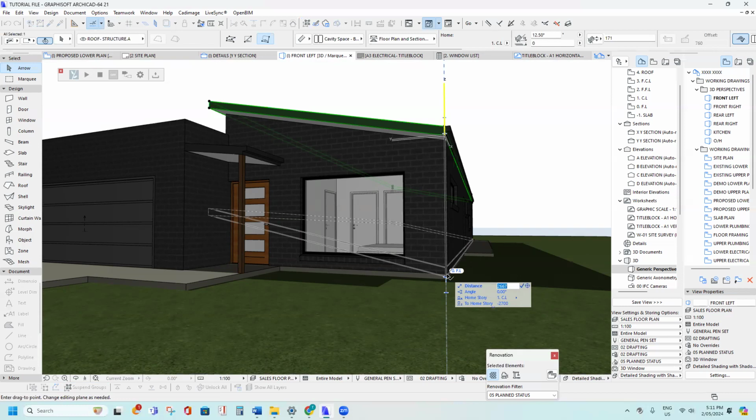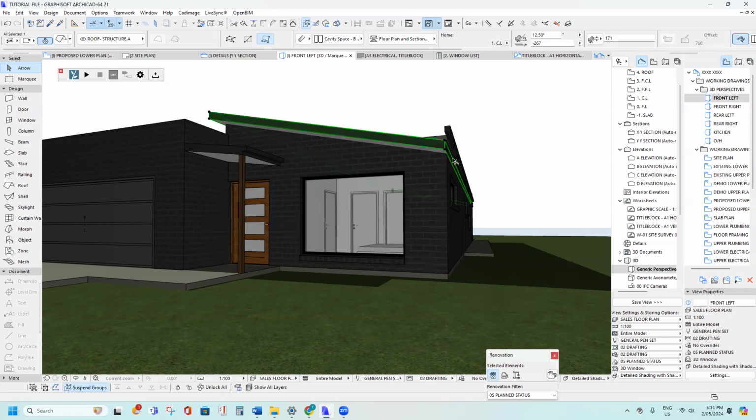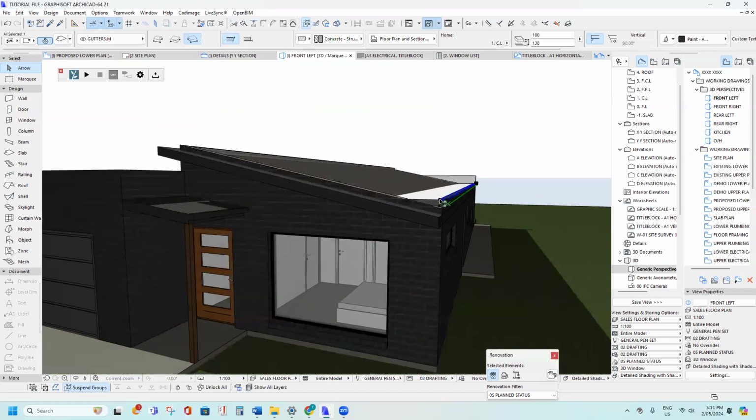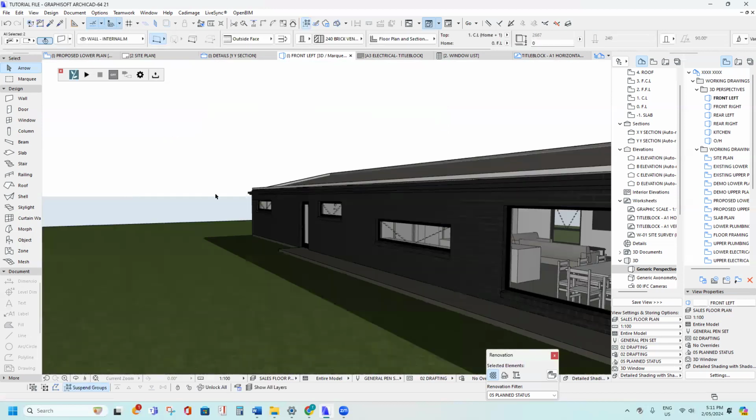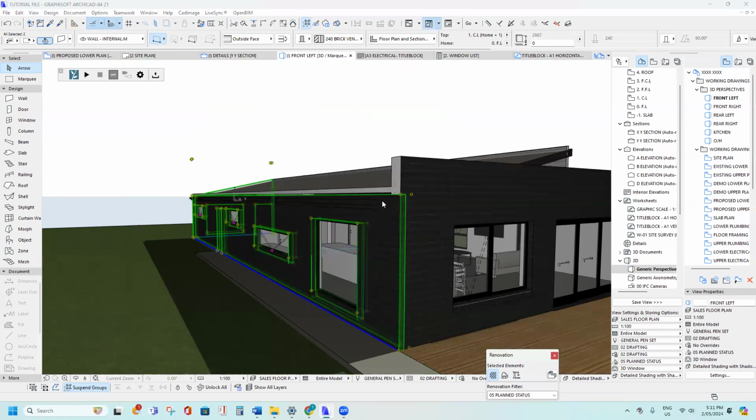maybe 2600 is probably accurate because we'll probably have an upstand there. Maybe we can get away without an upstand, so I might bring it down 267, enter. So that bottom of that roof will be at 2.4 meters, which is what the ceiling height's going to be inside. And I'm going to click on these walls again and tidy that up, and right click, crop to single